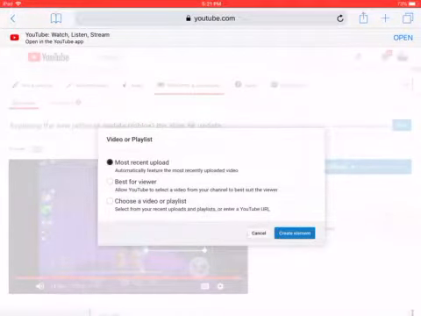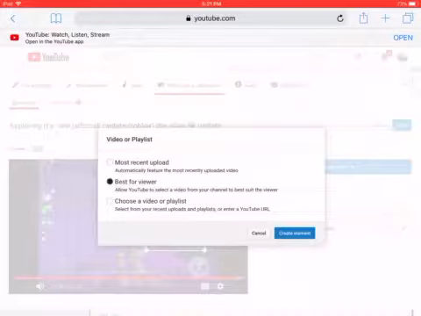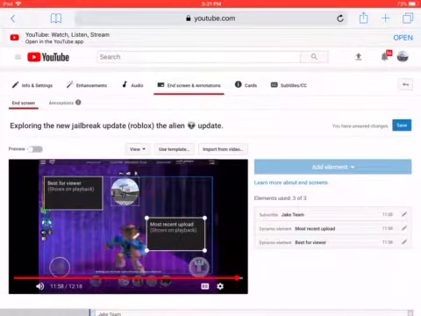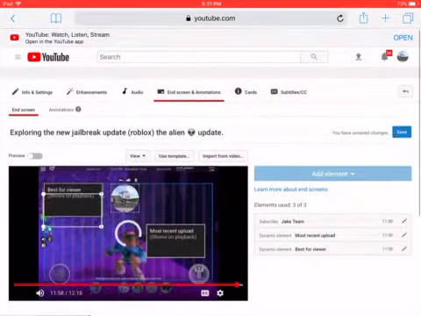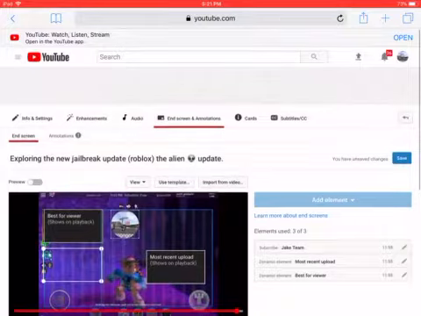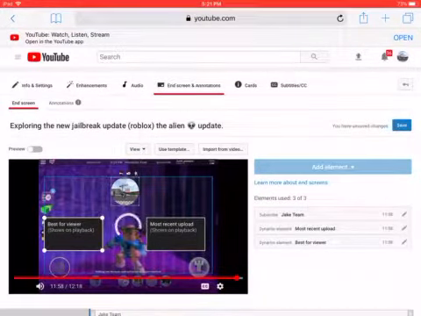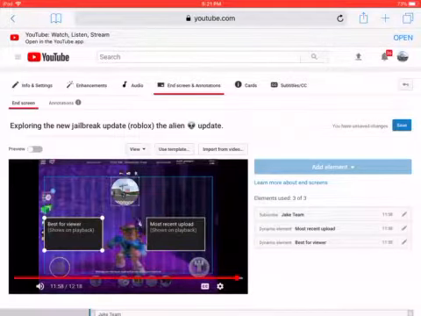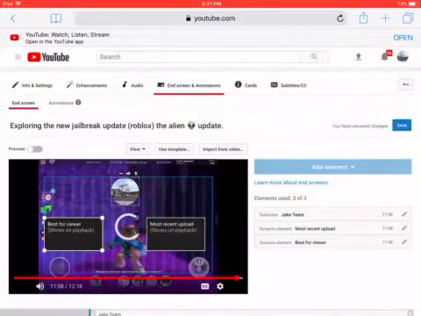But you cannot do this again because you already have that feature in the element. So all you have to do is just click this button, like the next button. And then you're going to press create element. And then you're going to press this back here and try to match where the video is. And then once you're done with this, all you have to do is just press save